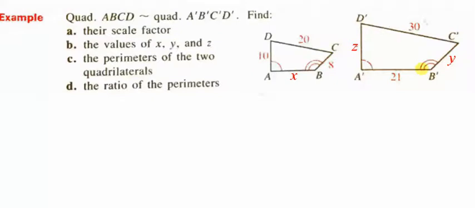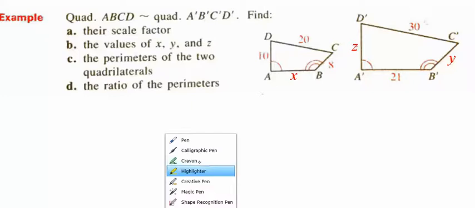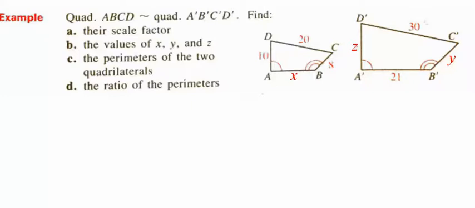So when an author or someone chooses to use the prime notation, it is safe to assume that A will correspond to A prime, B will correspond to B prime, and so on. So we have two quadrilaterals that are similar to one another. Because they are similar,